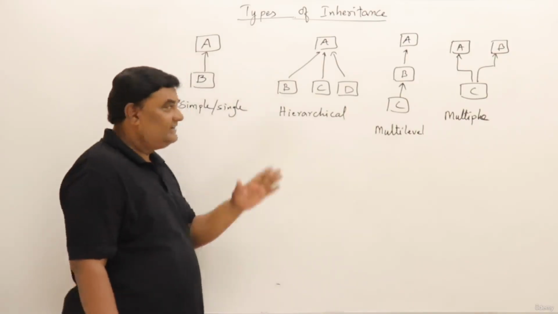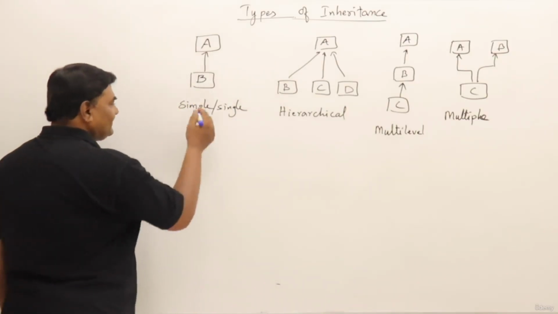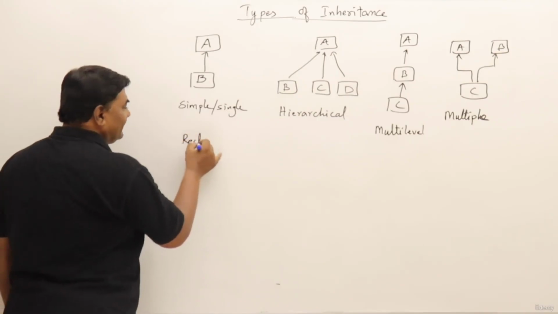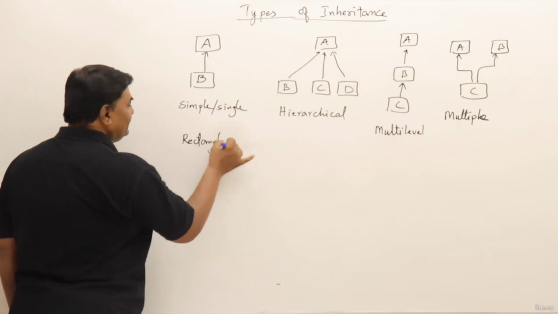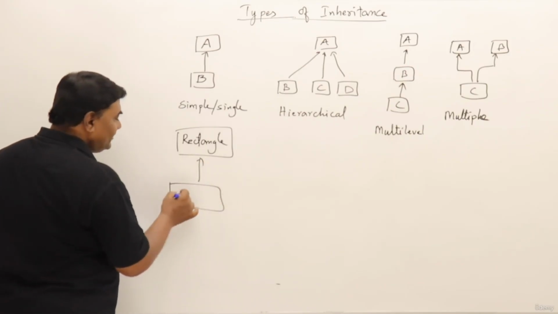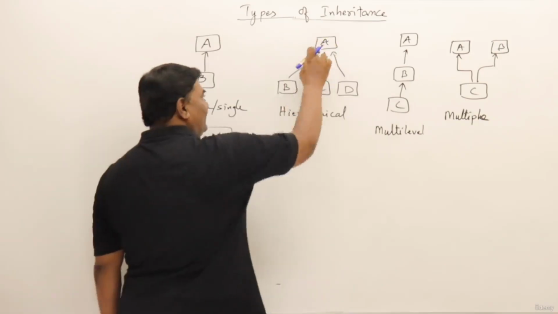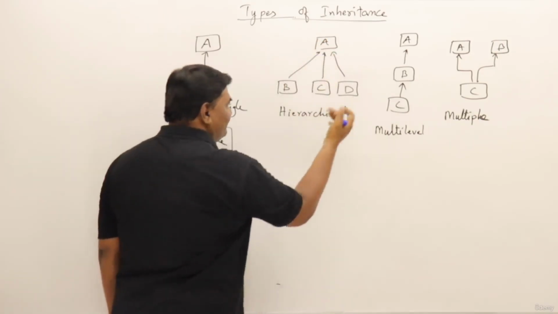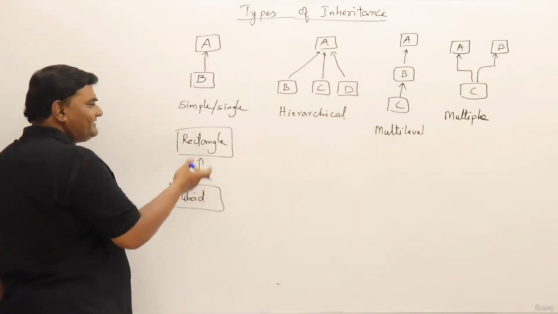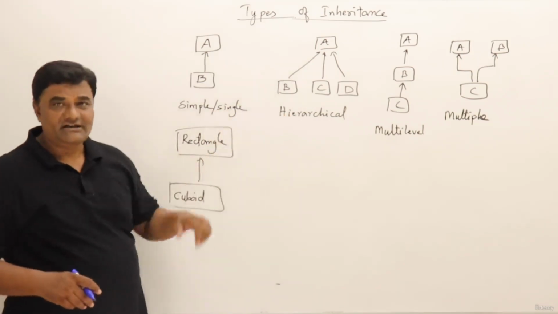So let us see all these things. I'll give you some examples. Suppose you have a class called rectangle. We already saw this one, rectangle. And from that we wrote one class called cuboid. This is an example of simple inheritance. Or if you just look at A and B, it is simple. A and C, it is simple. Simple means a class is inheriting from another class. That's it. All these others are extensions of that.